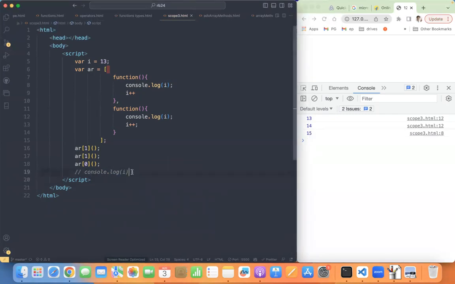Now, if I print what is the value of I, what will be printed?